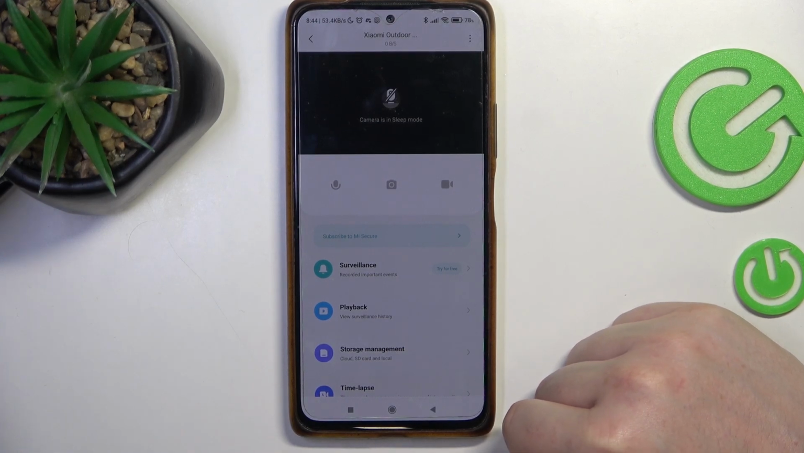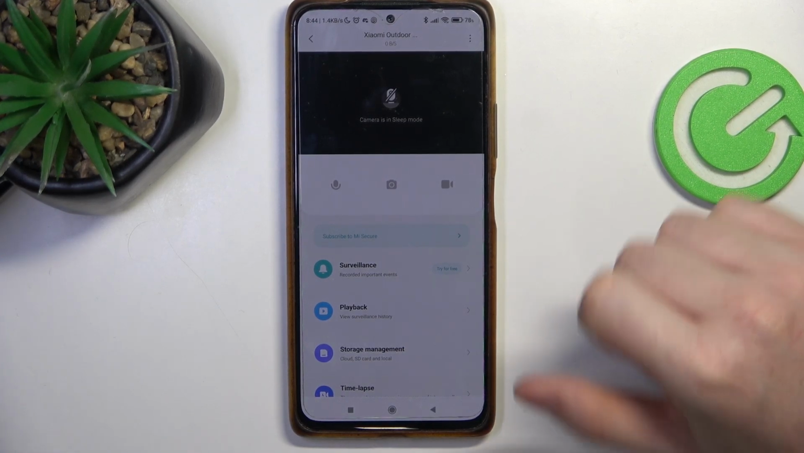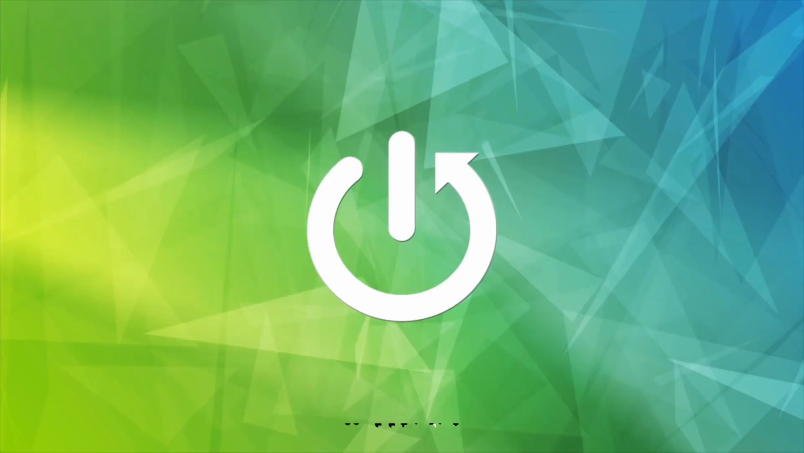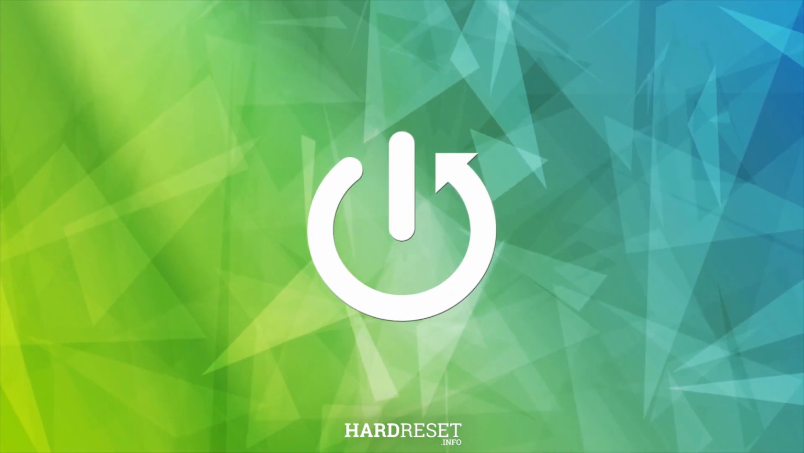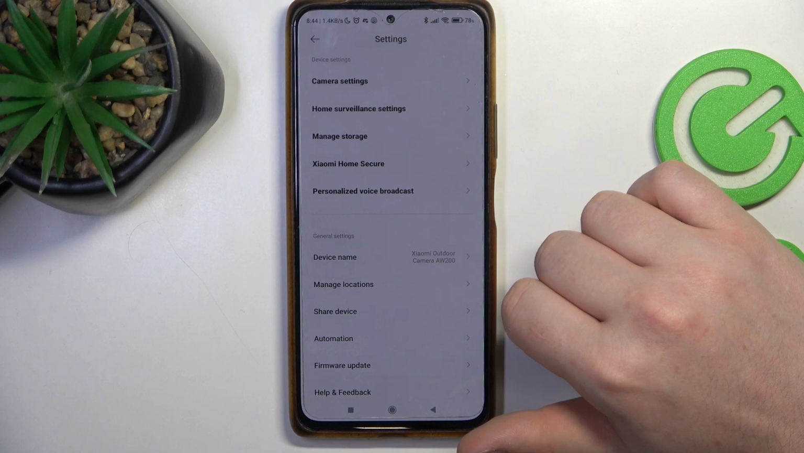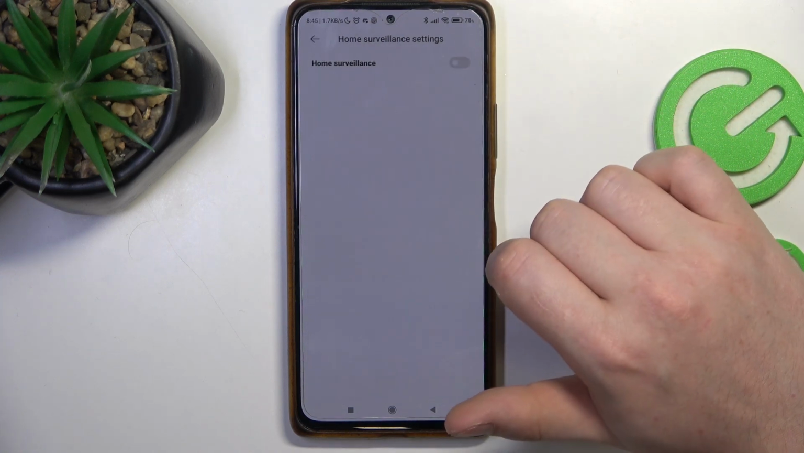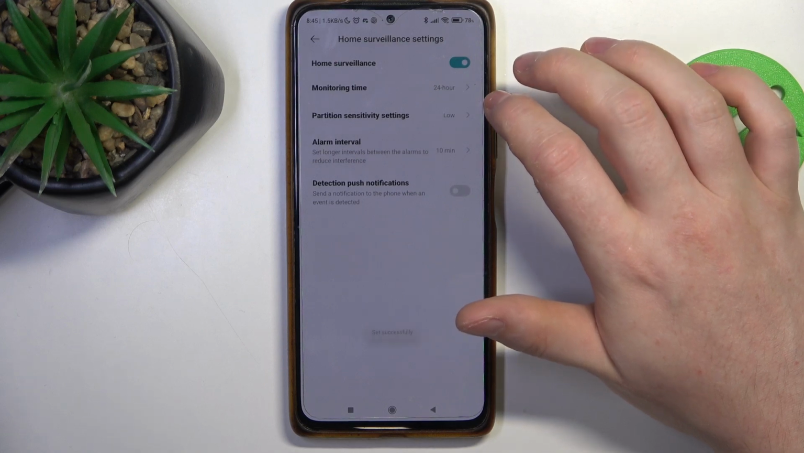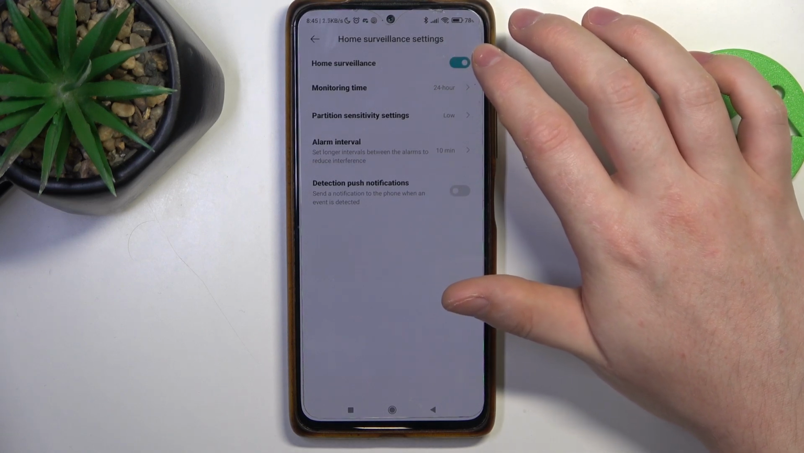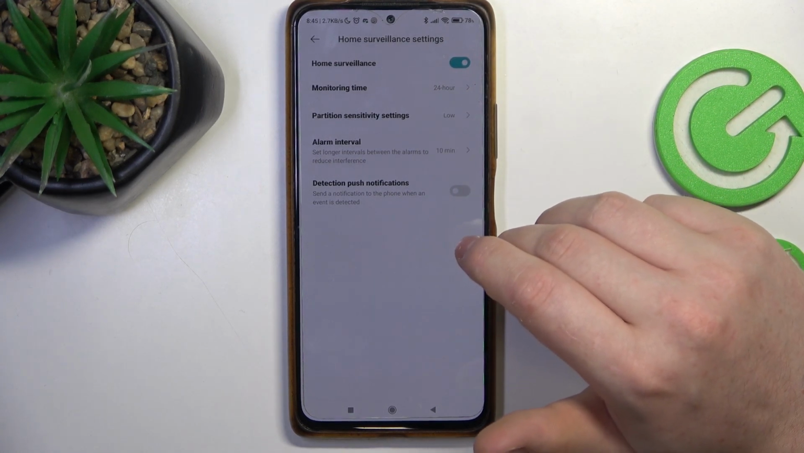Hello, in this video I want to show you how to enable or disable home surveillance mode on Xiaomi outdoor camera. To do this, first we'll need to click on the three dots in the top right corner of the app, navigate to home surveillance settings. Right here we can activate or deactivate home surveillance, and after that we'll be able to find all of the